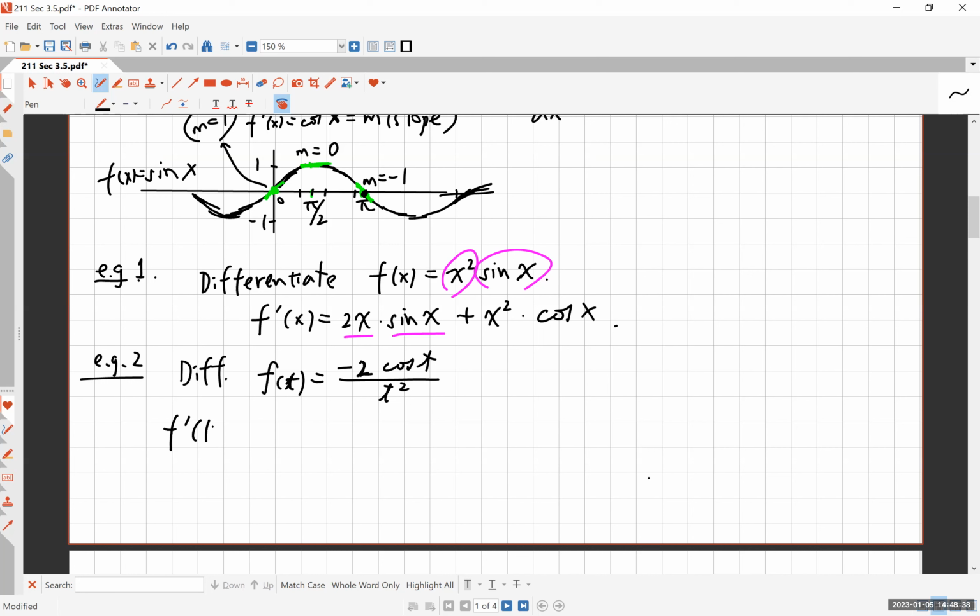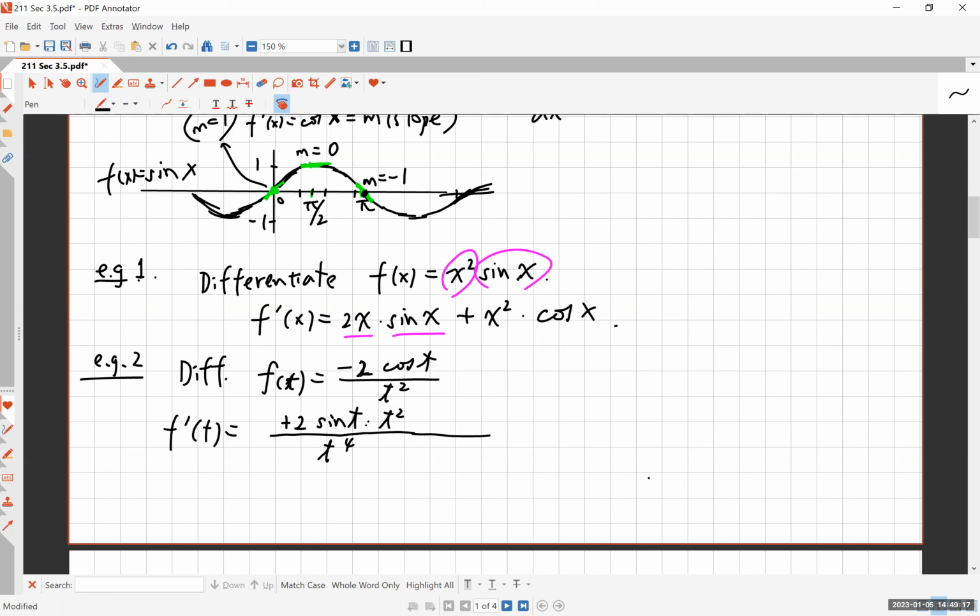Anyway, the derivative of this function with respect to t is, the denominator is easy, right? It's t squared squared, so it's t to the fourth. And the top, the numerator, according to the quotient rule, is first the derivative of the top, which is -2 times the derivative of cosine. That's negative sine of t. So I'm going to write sine of t and make that -2 into positive. So what I have written so far, 2 sine of t is the derivative of the numerator, okay, times t